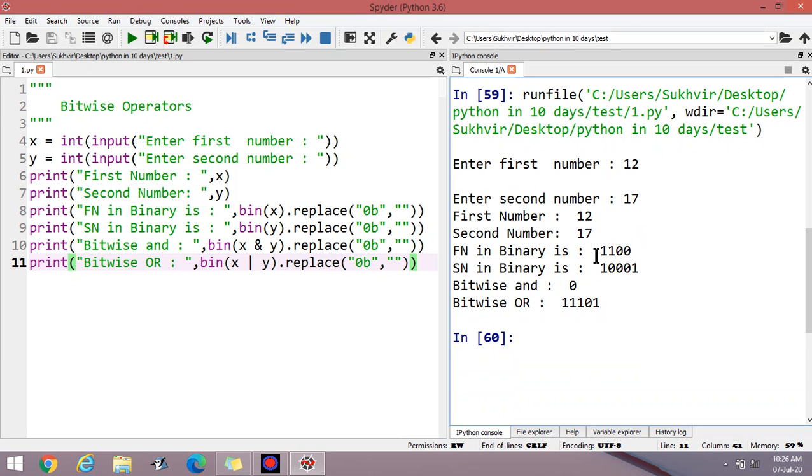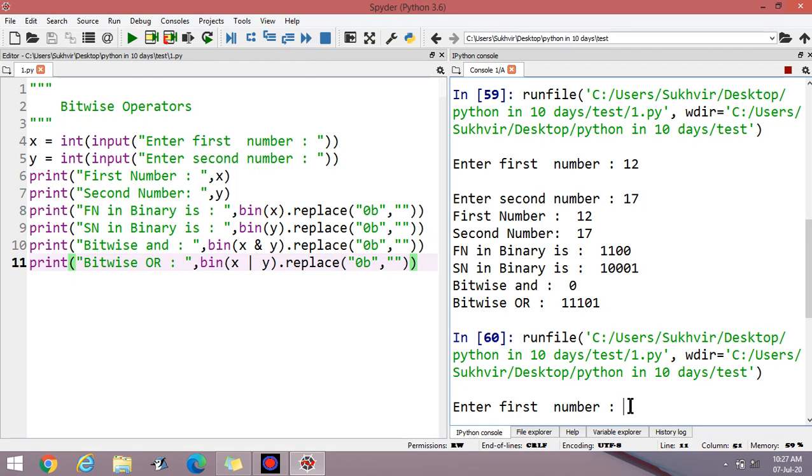Basically this one is 0, 1, 0. That's why the output is like this. What about OR? For the OR operation, the input is 0 0, only then the output is 0, otherwise the output is 1.